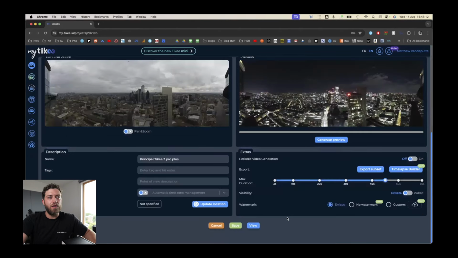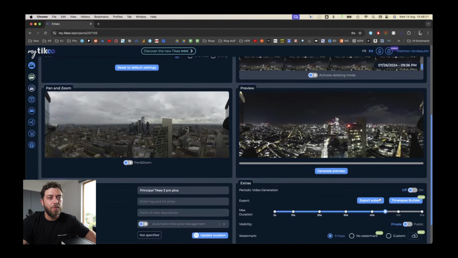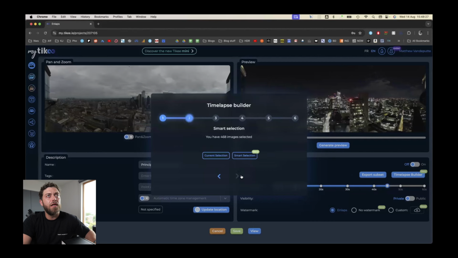And I can use that with the time-lapse builder here. Or I can download the stitched photos and create my own video with it. But the time-lapse builder, I want to show you briefly. You can go full automatic and let it decide on the best settings, or we can go manual and let it generate